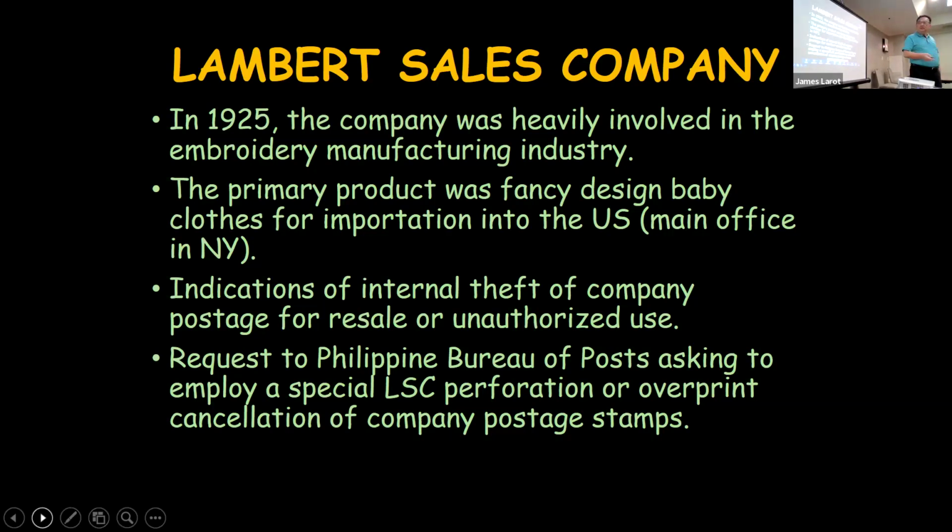And that's a big deal. So he came up with the Lambert Sales Company and they manufacture, well, through the contacts in Manila, they do embroidery clothing for babies. And they set up a main office in New York. So basically going back to the imperf stamps,